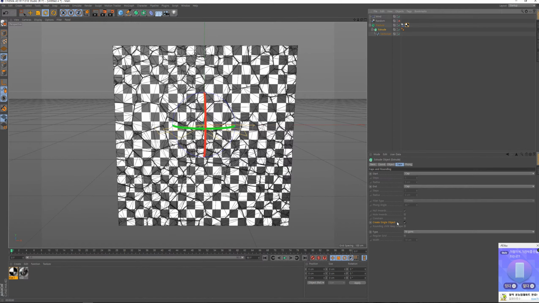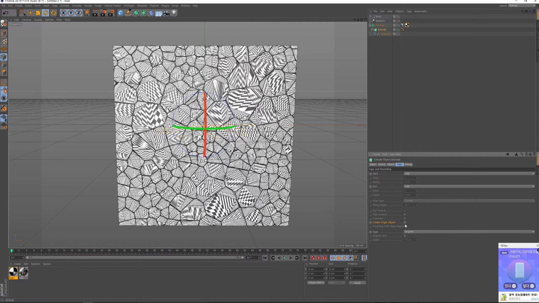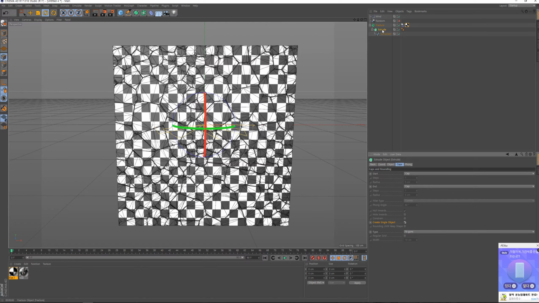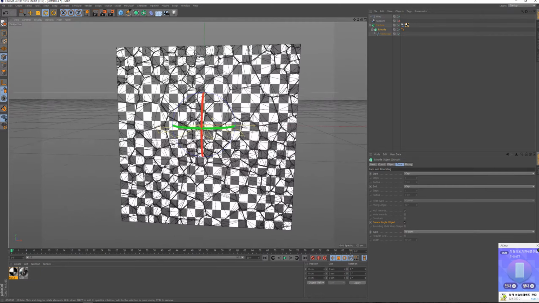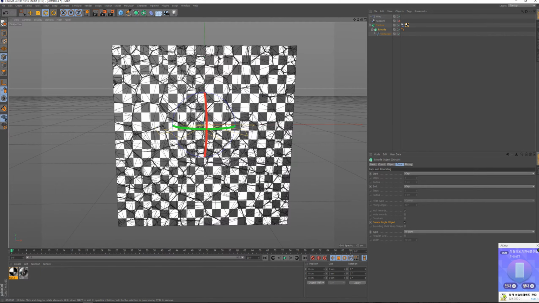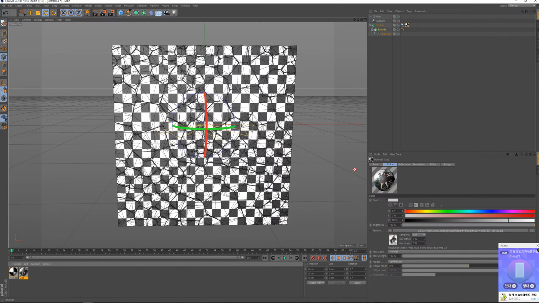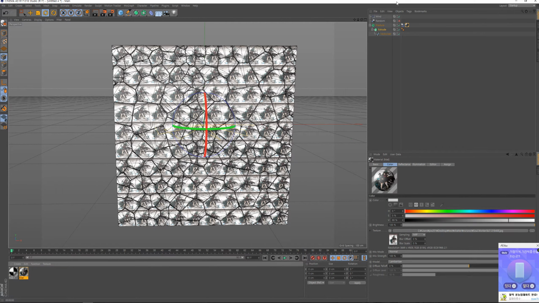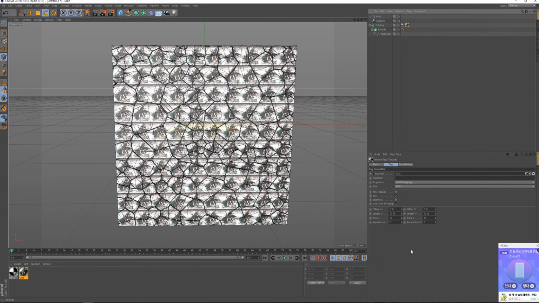So if we check this parameter, now extrude calculates the value of UV as one piece, right? It is really important. So replace it again, and tile number